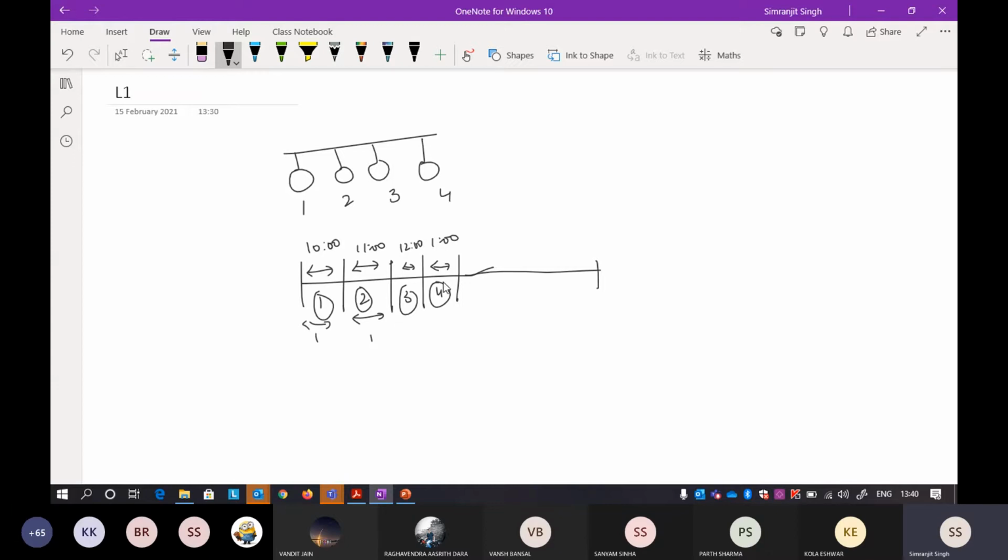So if the fourth station has 1 hour to work, then from 1 to 2 it can transmit any packet to any other station. At the same time, no other station will try to access this link. Okay, so that is the advantage of time division multiplexing. Everybody is getting their turn, and it is in a round robin fashion. If you have heard about round robin, because you have already studied scheduling algorithms in OS, it is the same thing: 1, 2, 3, 4. That is the simplest approach you can use here.